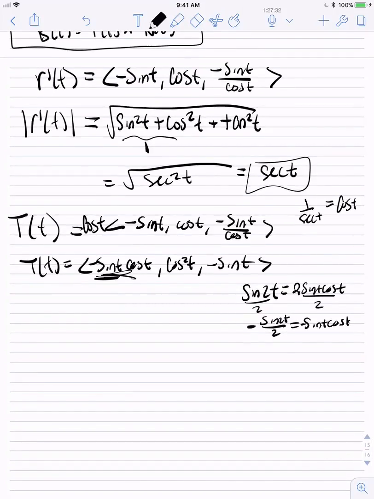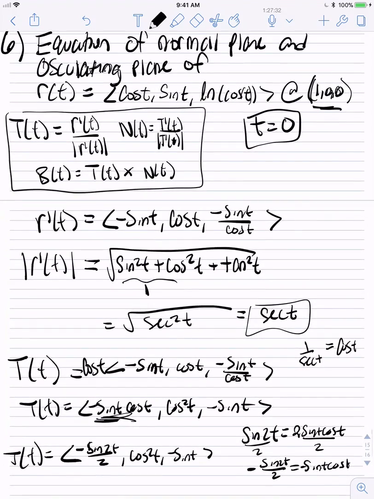So then we can replace that with a negative sine 2t over 2, and we can just keep these the same. And now we have T of t,